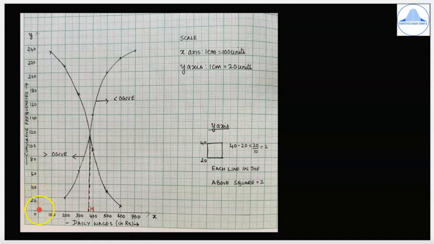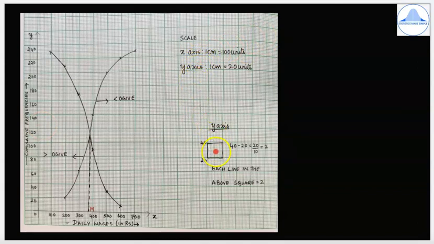So for this first centimeter you mark 20, next centimeter 40, 60, 80, and it continues up to 240. So the scale for the y-axis is 1 centimeter is equal to 20 units, and here please write cumulative frequencies. So after marking the x-axis, y-axis and writing the scale,